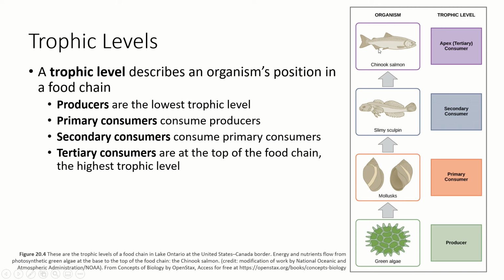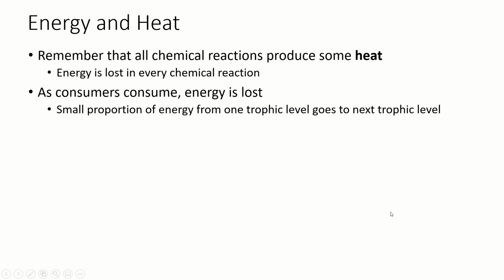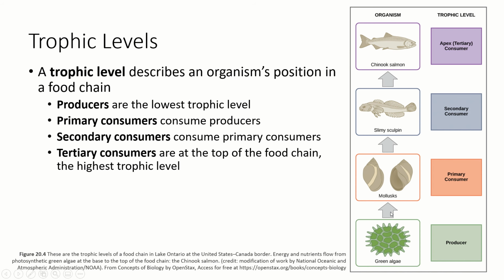And then the top level is the tertiary consumer, or we sometimes call it the apex consumer, or sometimes we call it an apex predator. Specifically, an apex predator is a predator that doesn't have anything that eats it. Okay, an apex predator eats other animals, but is not prey for anything. So this is a really basic food chain, but it's a little oversimplified. So a food web is going to be a little more complicated. But first, let's talk about